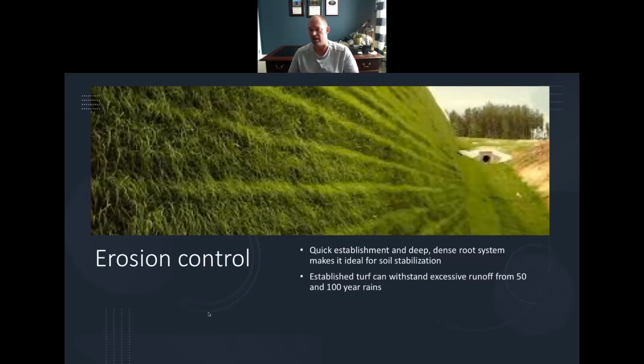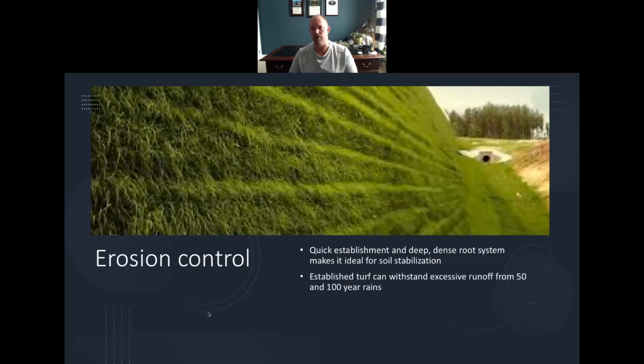I mean, we're talking 50 and 100-year rains, inches and inches and inches of rainfall. So when it is established, it can take a lot. It's not invincible. It's not superhuman. Okay. But if it gets established and it gets a good footing, and this example I was using in Independence is no different. We had a lot of trouble getting it established, but once that grass gets growing in there,